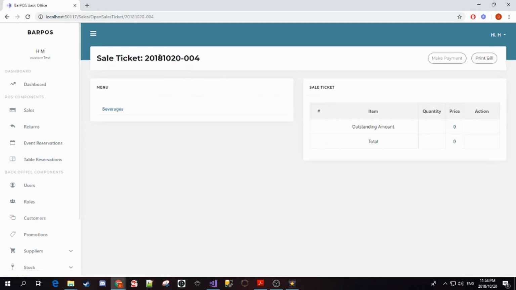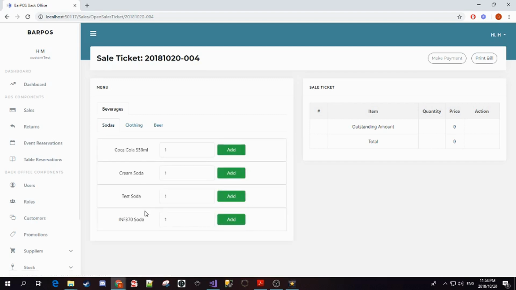Right, so here we've got the sales ticket. It's today's date with the number that was incremented after every sales ticket of the day. So here we've got our menu, we've got the beverages tab, here we've got sodas, clothing and beer. We can just ignore the clothing. If we click under sodas, we will have a little list here of all the sodas that match